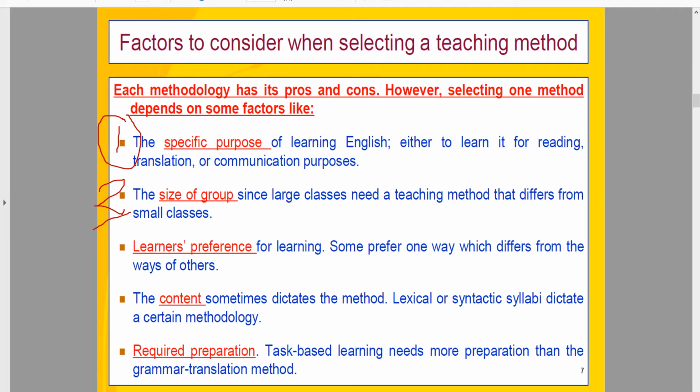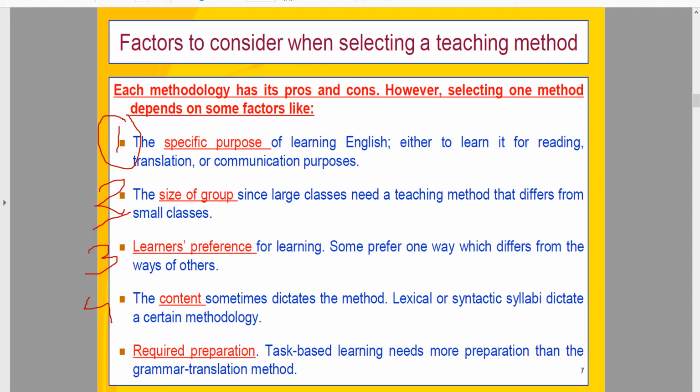The second factor is the size of the group, because large classes need a teaching method that differs from small classes, obviously. And the third factor is the learner's preferences for learning. Some prefer one way which differs from the ways of others. And the next factor is the content; sometimes the content dictates the method. It depends on what you are teaching to your students.